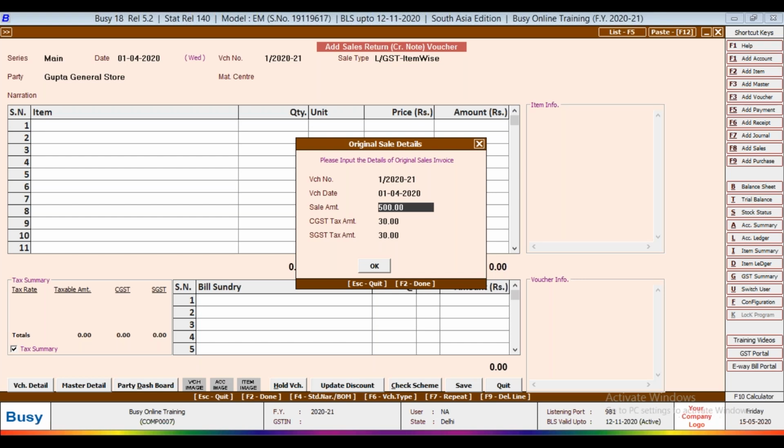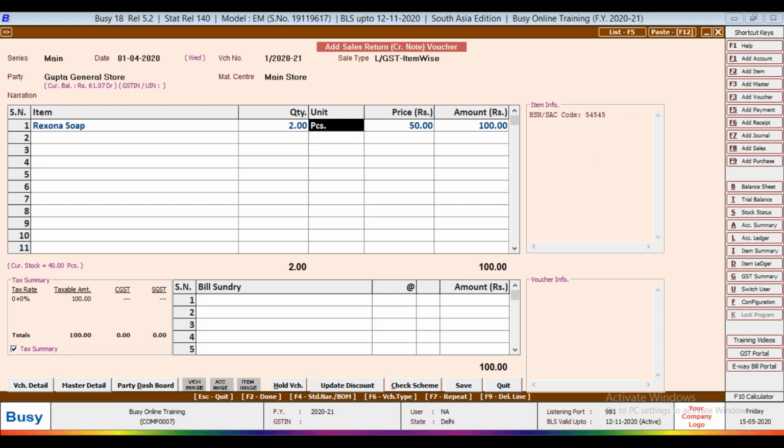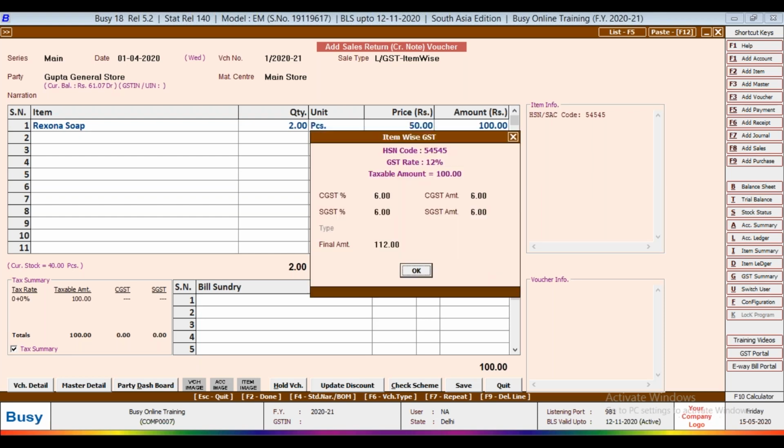So I request everyone, when you make a sale, make a separate invoice for each bill. One bill has one sales return. So make an entry, Sona, 2 pieces.